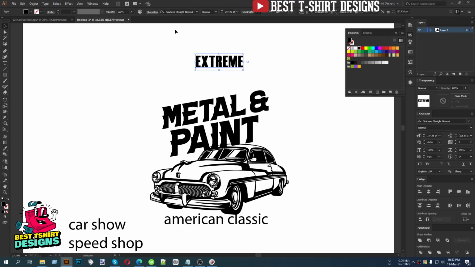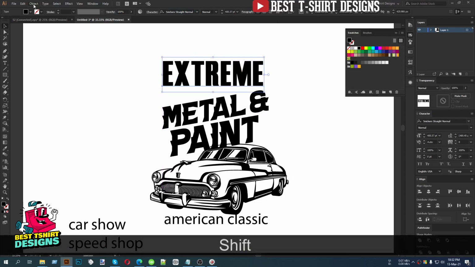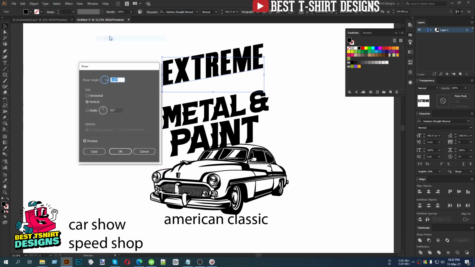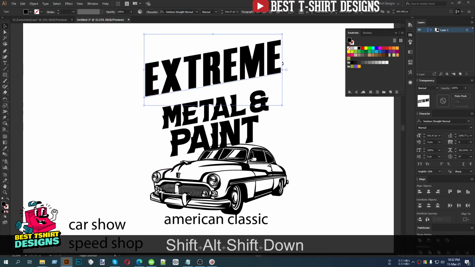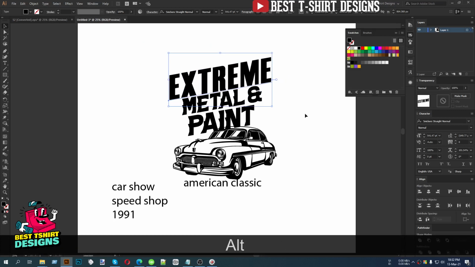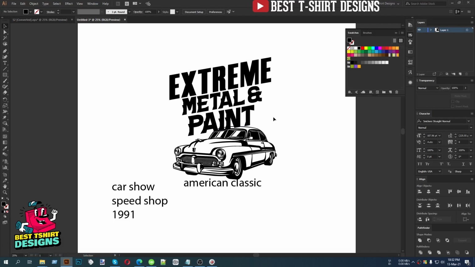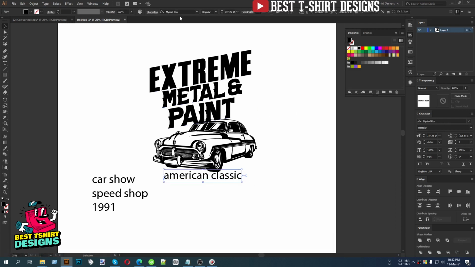Yeah, this font is good. I'm just using some bold looking font because these kinds of designs are really for those who love metal cars and this kind of badass thing. So this is how I am going to keep the top part, and then for the bottom part I can